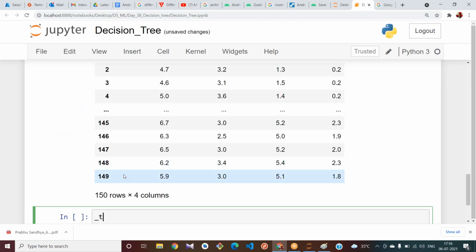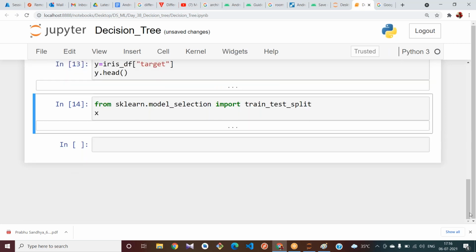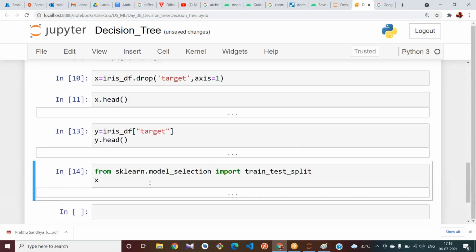Take the parameters here: X_train, X_test, Y_train and Y_test equal to train_test_split.